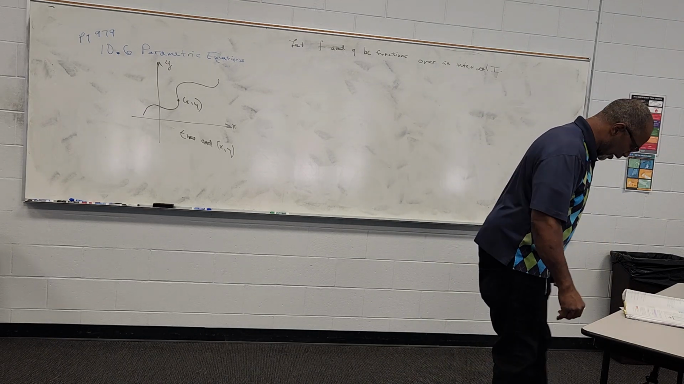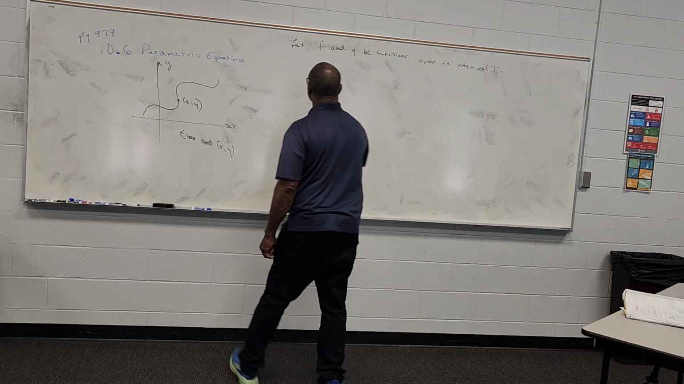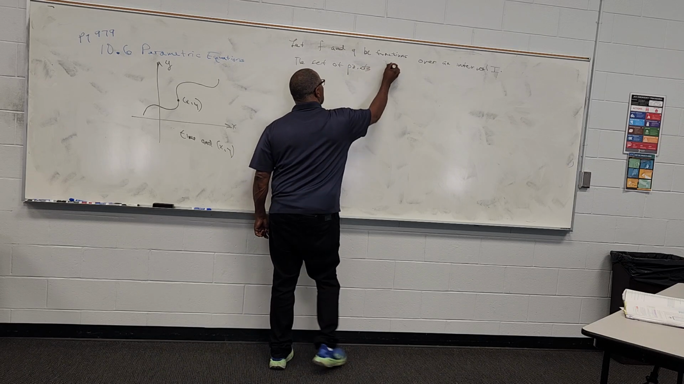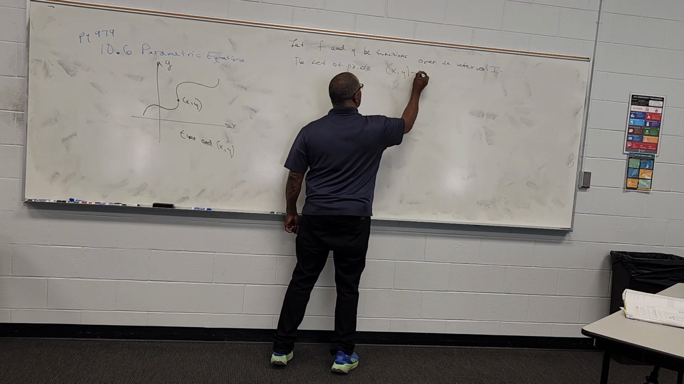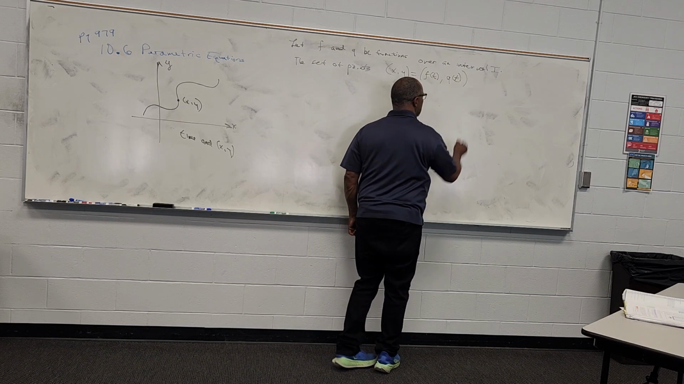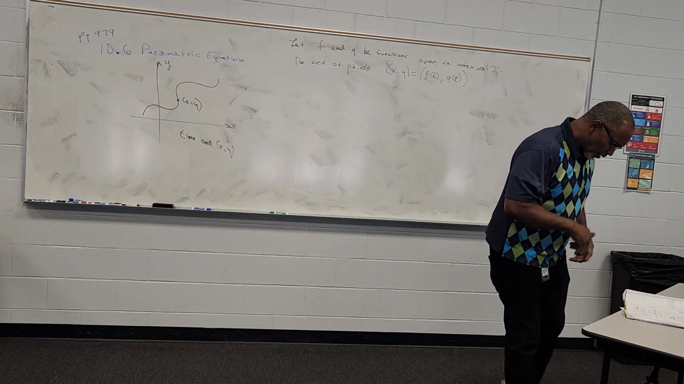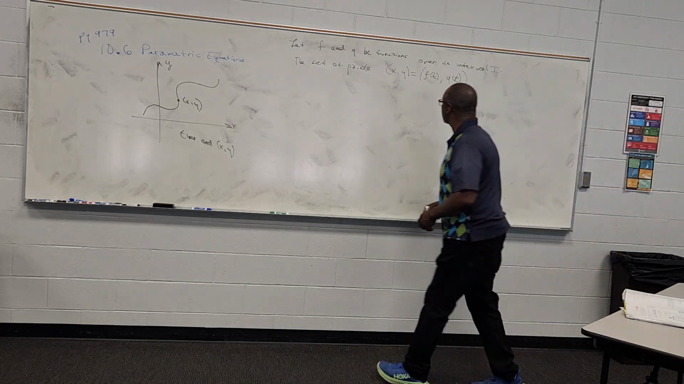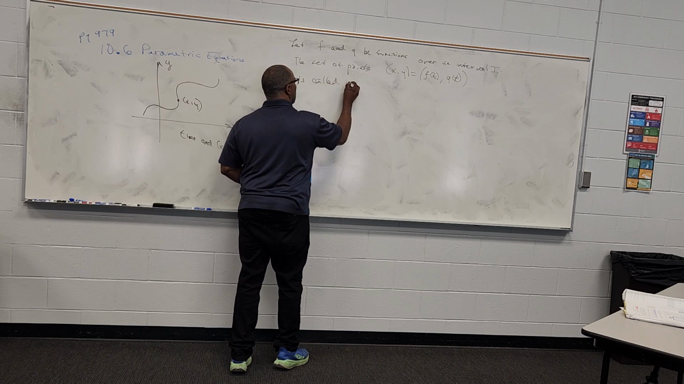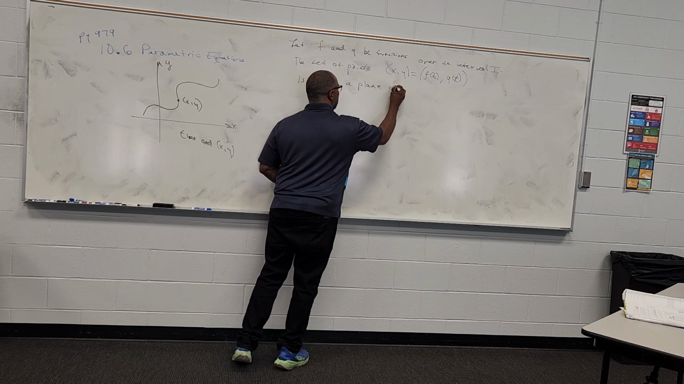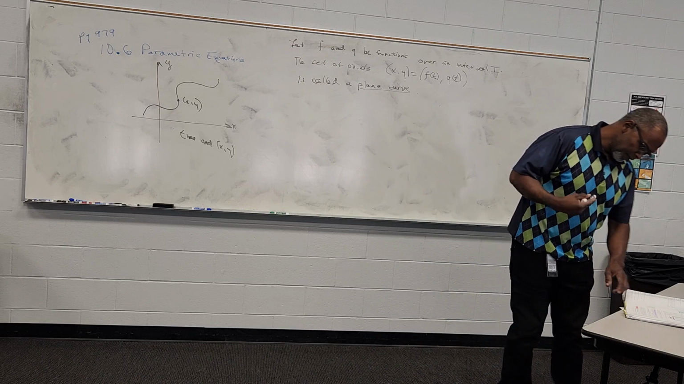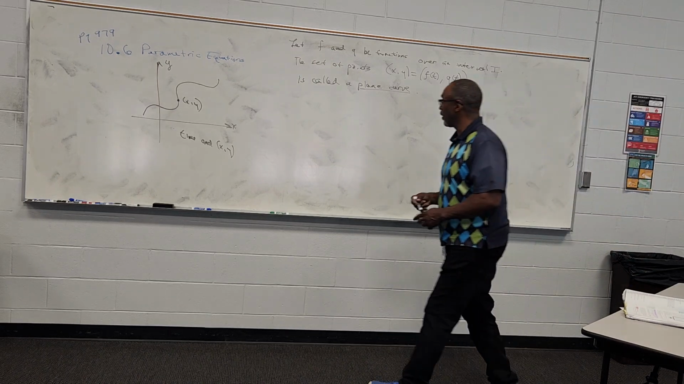The set of points defined by x, y equals f of t, g of t is called a plane curve. So we're defining what we mean by a plane curve. The equations x equals f of t and y equals g of t